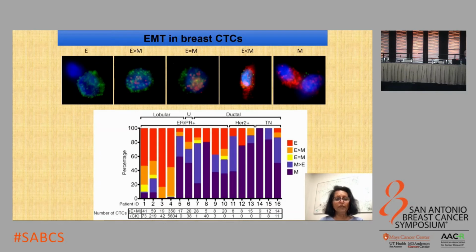Before I get into this slide, let me actually color code it for you. The red and the orange represent CTCs, which are more epithelial, and the blue and the purple represent CTCs that are more mesenchymal. And each bar represents CTCs that were enriched from a patient. So the first thing that you can notice is that there's extensive heterogeneity in the lineage of these CTCs circulating in the blood of breast cancer patients.